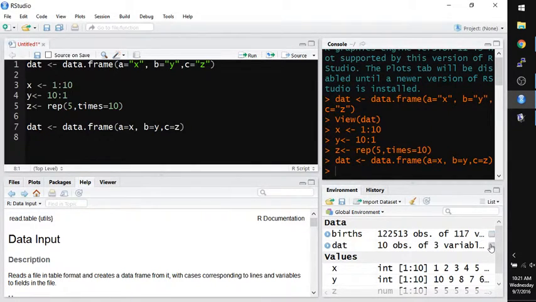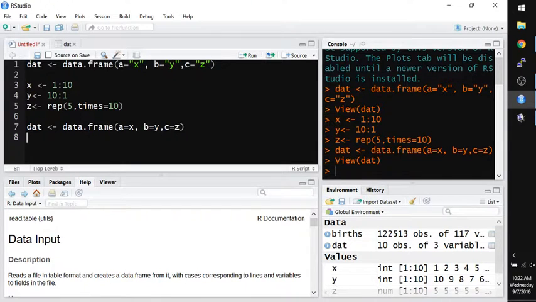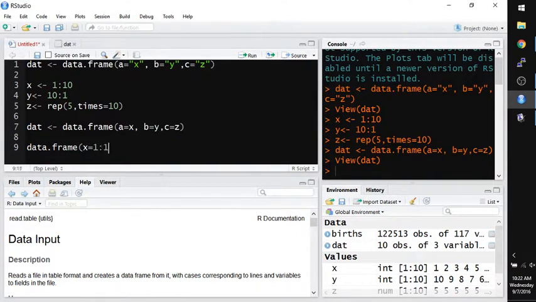now if I look at dat, I can't open this in another window, I'm sorry, but you can see that now I have three variables a, b, and c that have those values. Another way you could do this is, remember you can substitute stuff in anywhere you want. So if I said a equals 1 to 10, b equals 10 to 1, and c equals